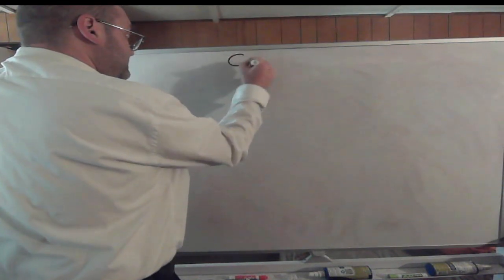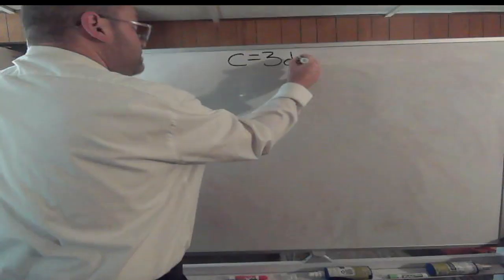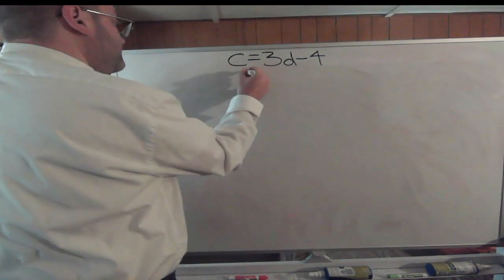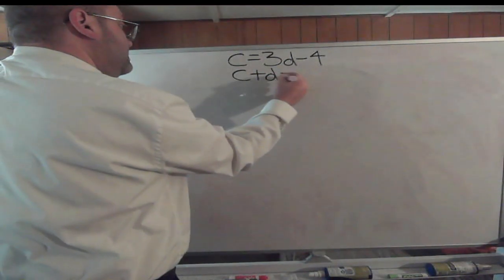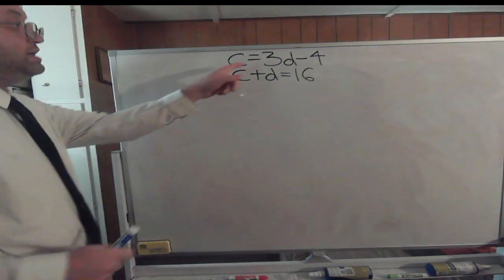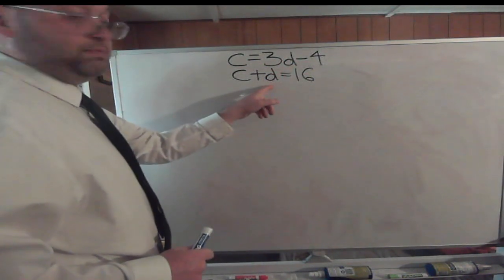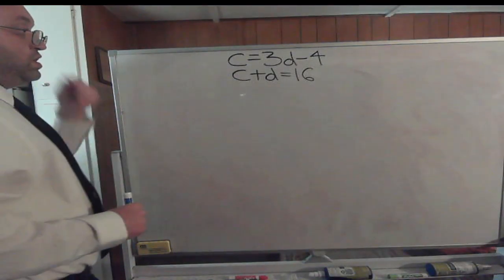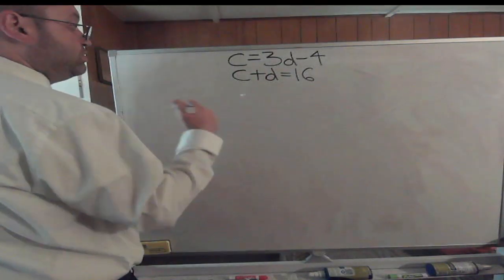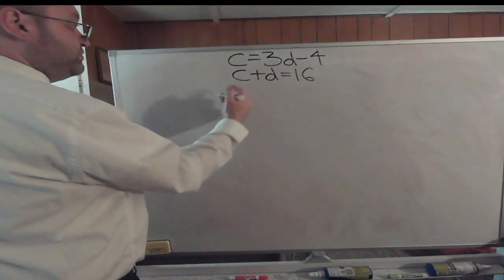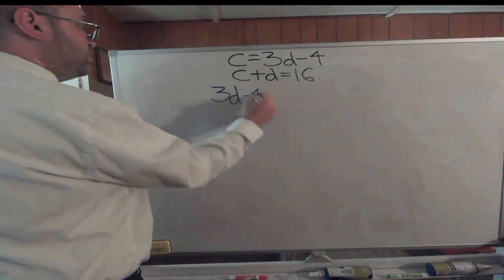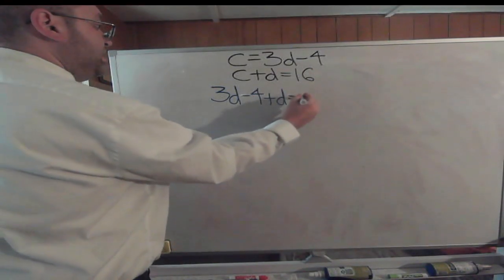Alright, we got c equals 3d minus 4. Then we have c plus d equals 16. So this system of equations, you have c equals 3d minus 4, c plus d equals 16. Well, we can still do substitution, take that value for c, put it into the second equation, so that 3d minus 4 goes where c is in the second equation. So you'll take 3d minus 4 plus d, set that equal to 16,